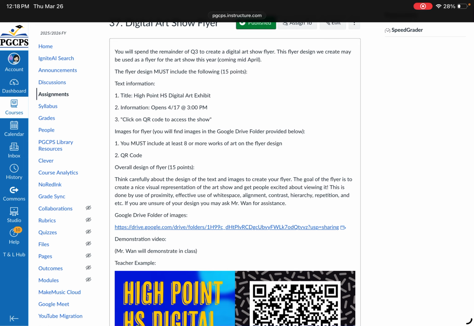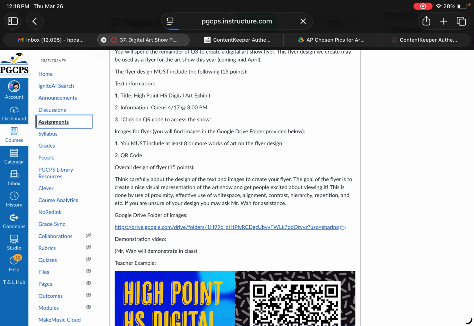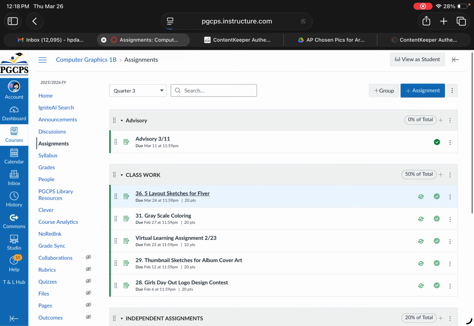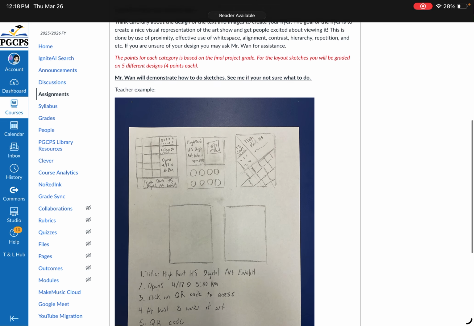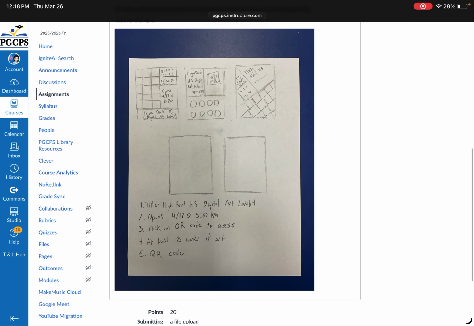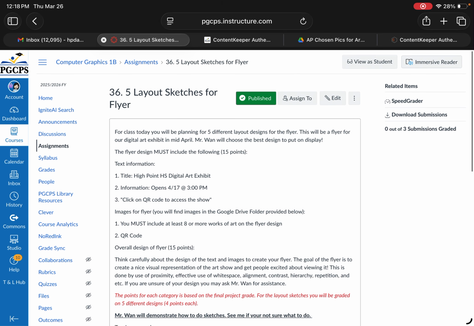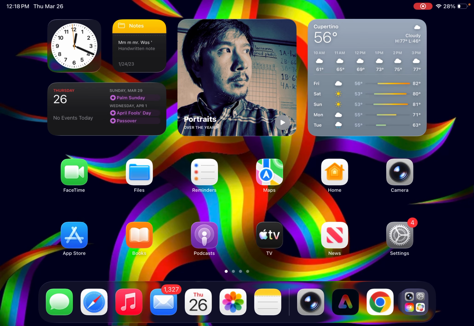These should have been drawn or sketched out in your layout designs from the assignment we did before. So it was the 5 layouts. You're just going to pick one of your best. Pick your strongest layout, and you'll do a design based off of it. Now we're going to do the project in Adobe